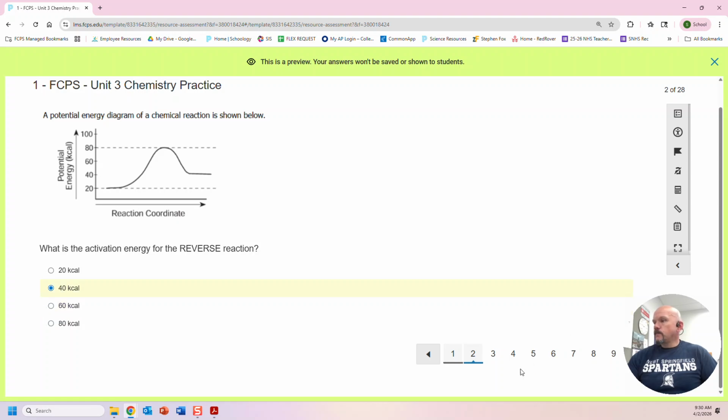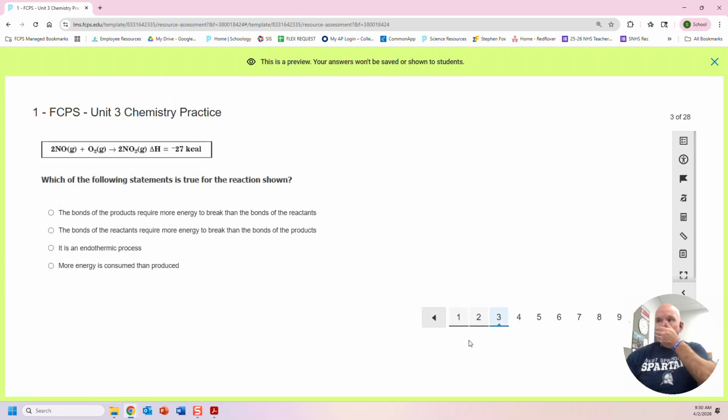Okay. We'll move to the next one. All right. So here they give us the delta H. So as soon as you get the reaction and they tell you the delta H of the reaction and it's negative, right away, you know it's exothermic. Exothermic. Okay. Now, another thing that is kind of important to understand is, and it's kind of counterintuitive because most of the time when I ask students this,